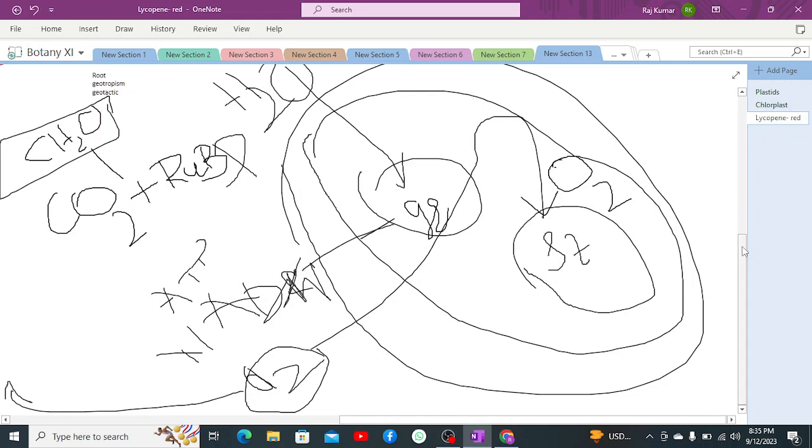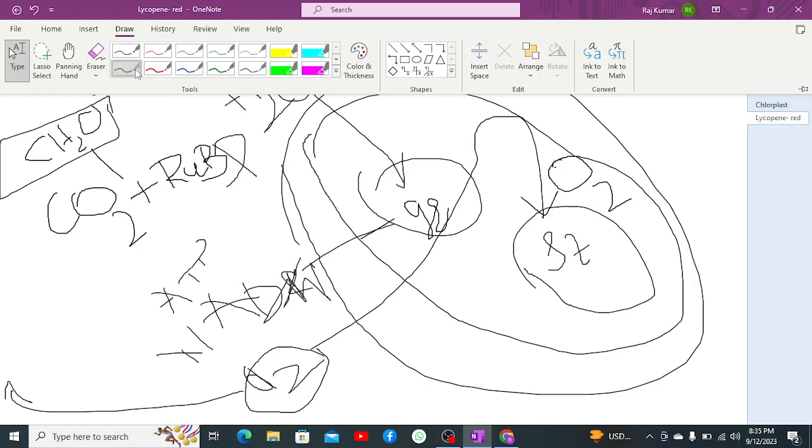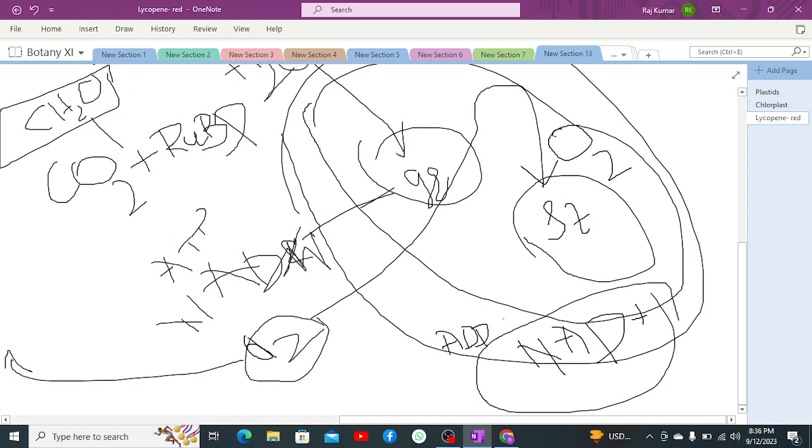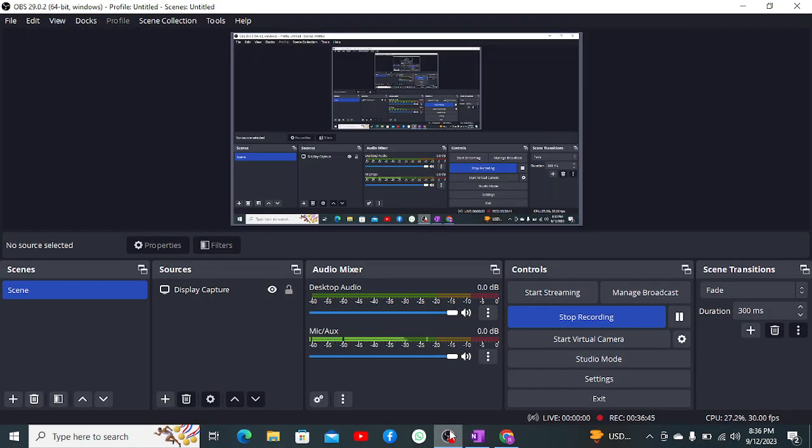Of course, the process of fixation of carbon dioxide occurs, and glucose is formed using the energy gained during the light reaction in the form of ATP and NADPH. That is again converted into ADP and NADP plus, because it is losing its proton, due to which it becomes plus. First it was in the reduced form, now it is in the oxidized form, so it becomes NADP plus, along with ADP, as well as glucose, which is written above. So this is what we gain during this process. Hopefully you understood today's video, and hopefully we'll meet again in